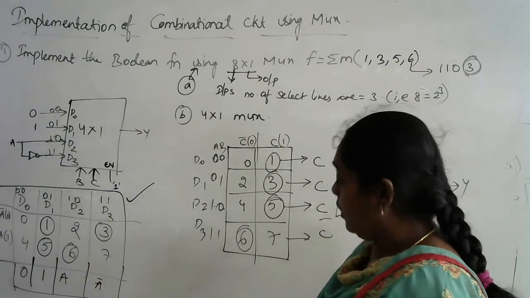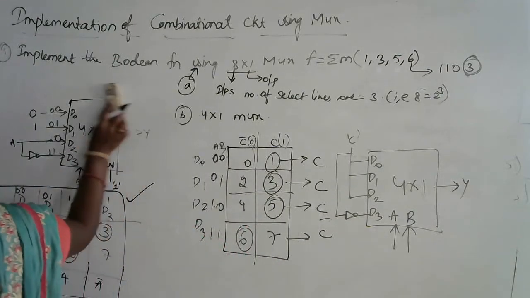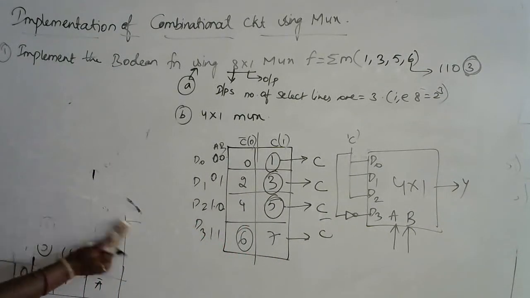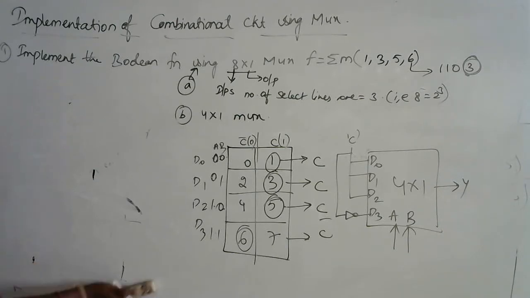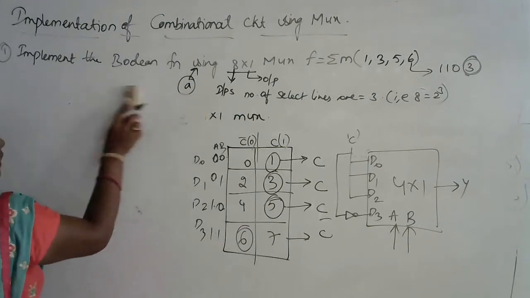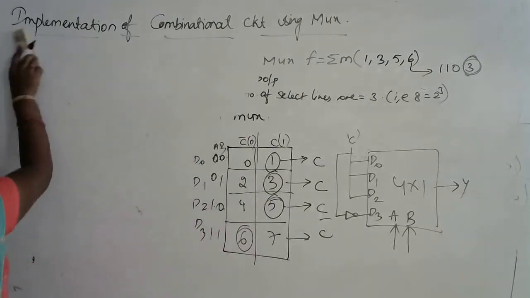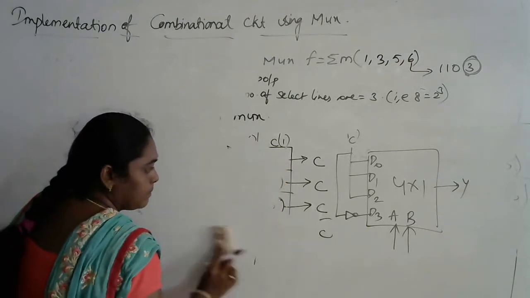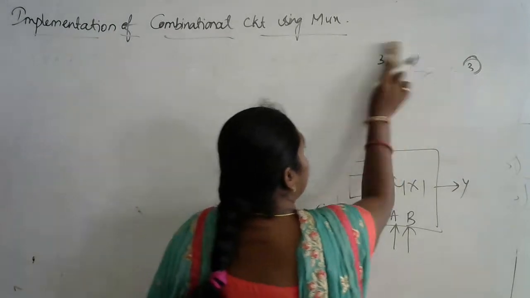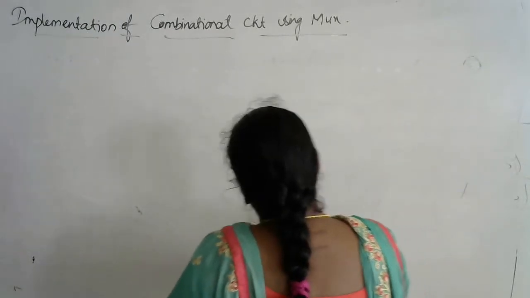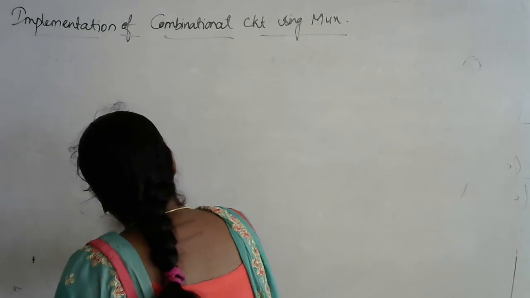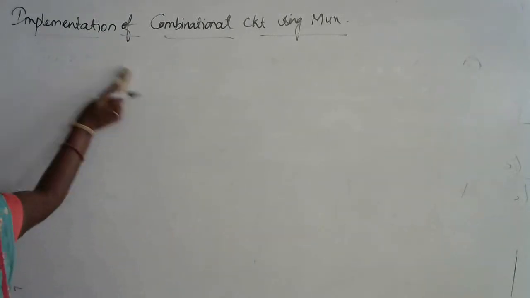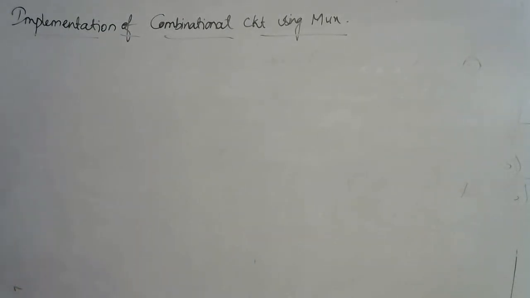So this is how to implement an 8 by 1, a 3 variable SOP expression, by using a 4 by 1 multiplexer, either considering LSB as the input or MSB as the input. Let me solve some more problems based on the same multiplexer implementation. You can take any of the multiplexers, but based on these questions. Now let me take another example.